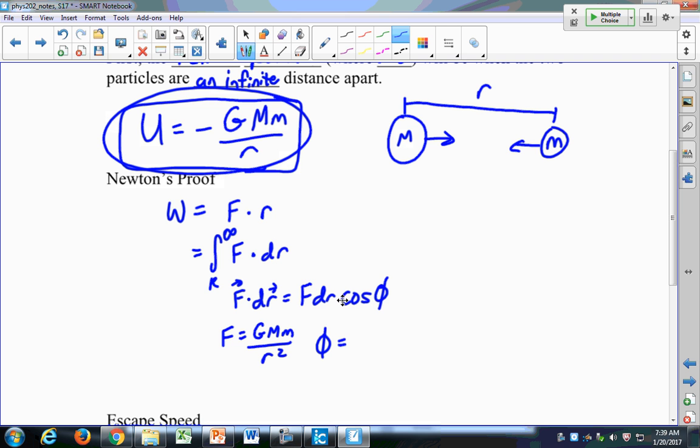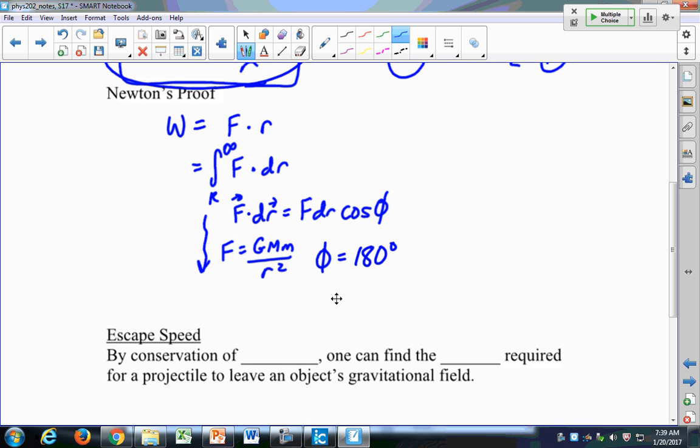The angle phi between F and R is going to be 180 degrees, all right? So I can do this integral, and the work becomes the integral from R to infinity of minus GMm over r squared